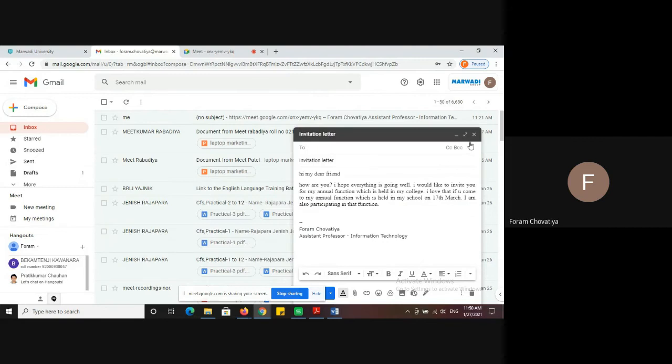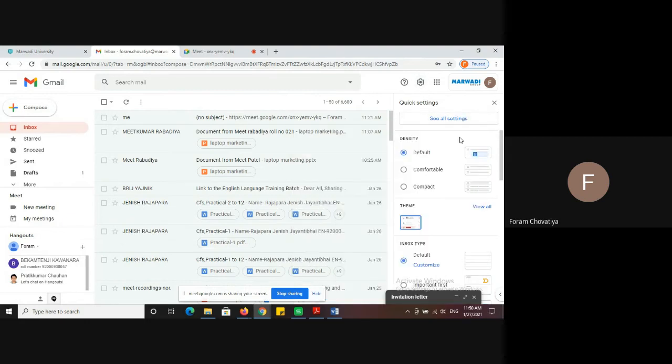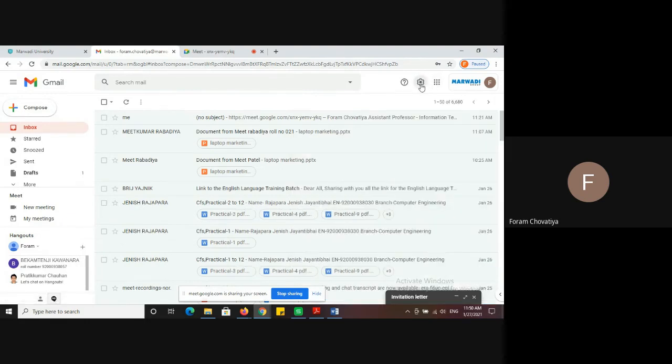So what are the steps you have to follow for a signature? So go to settings. Here I minimize this screen, then after go to settings.